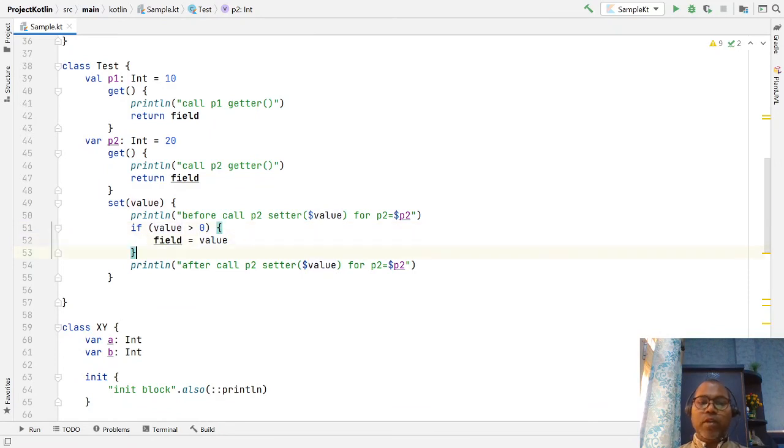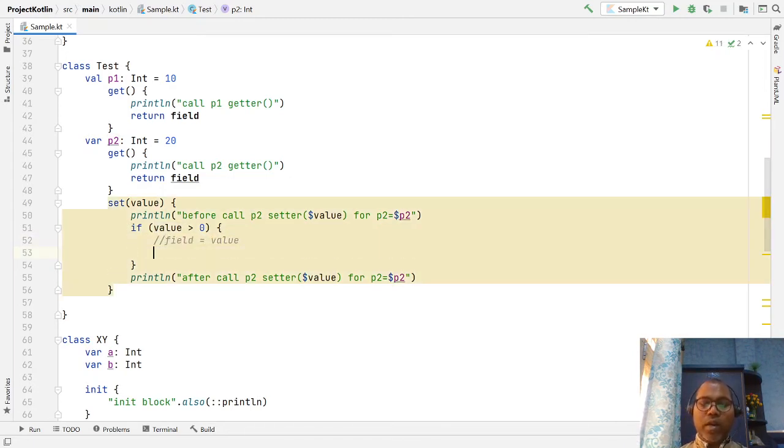Here you have to change and store the value of the property in a particular field. So we have to access the field variable. Let's comment this out. You are trying to say p2 equals p2 in the setter. Let's see what happens.